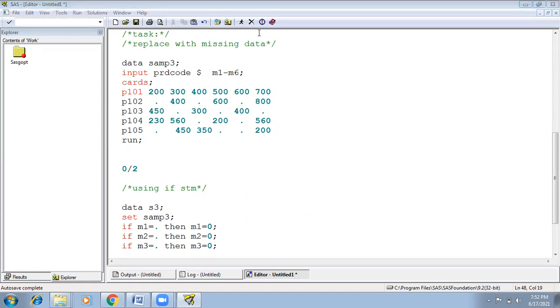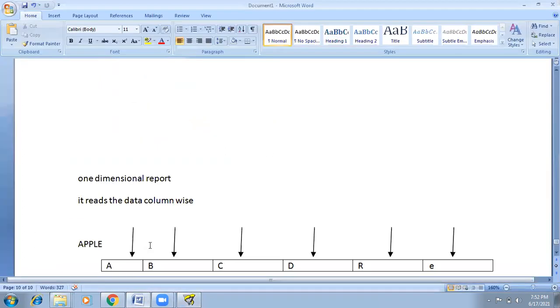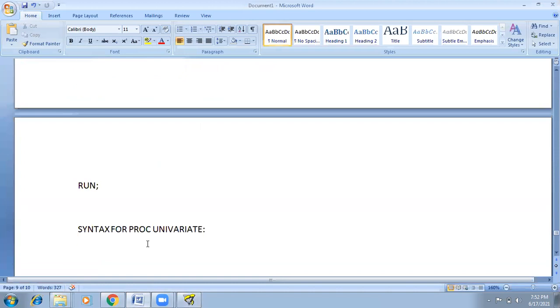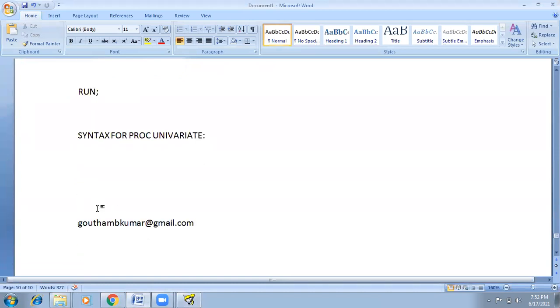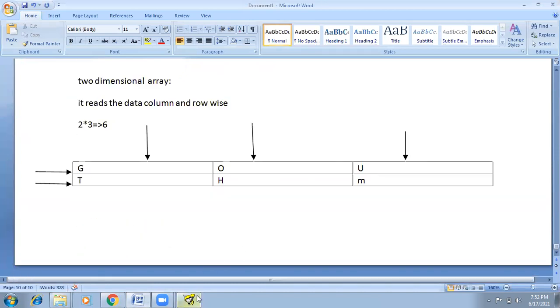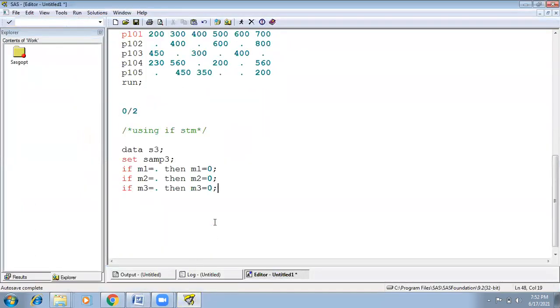Okay. So these are the same operations, and I want to use them multiple times. Like if M4 equals dot, then M4 equals whatever it is. How many times?